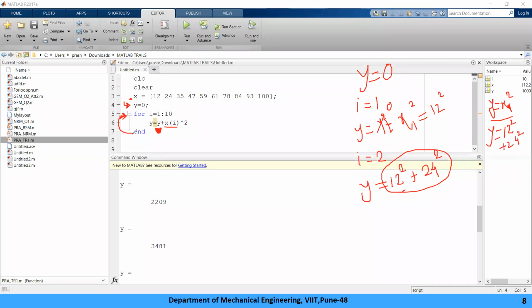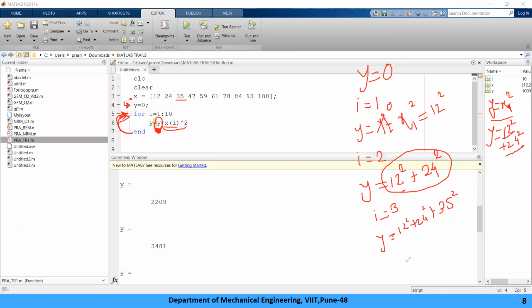Then iteration number 3 चालू होगा, I equal to 3, y equal to y, right, first term y क्या है, 12 square plus 24 square, plus next is x of I, मतलब x3 square. x3 is 35, so 35 का square.